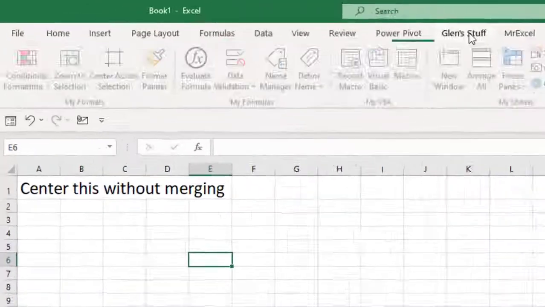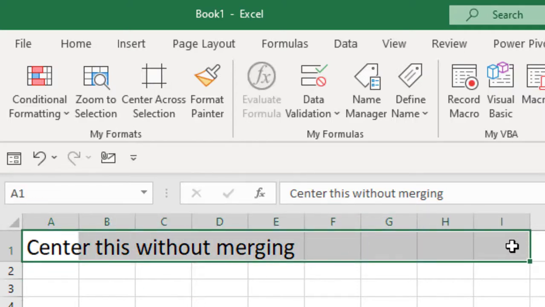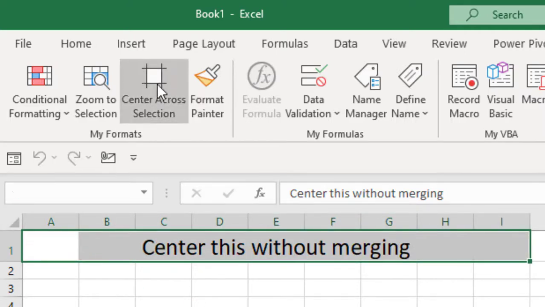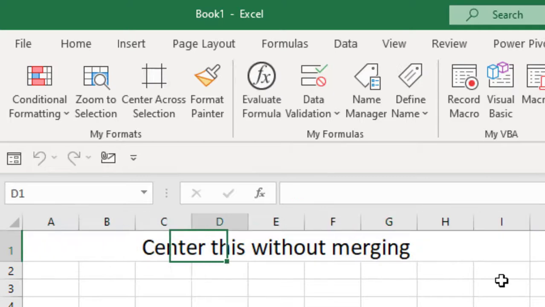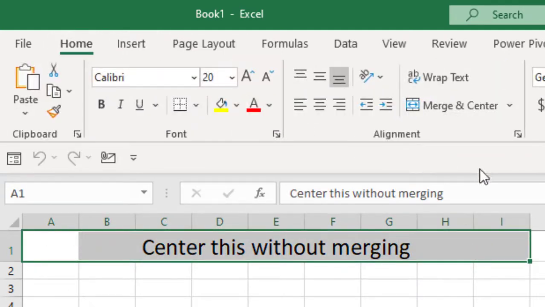On my Glenn Stuff tab, I have a button called Center Across Selection, which allows me to grab this data here and hit that, and it centers it without actually merging the cells. So good little feature to have. So I created a button for that, because without that, what I would have to do, let me go back to my starting point,